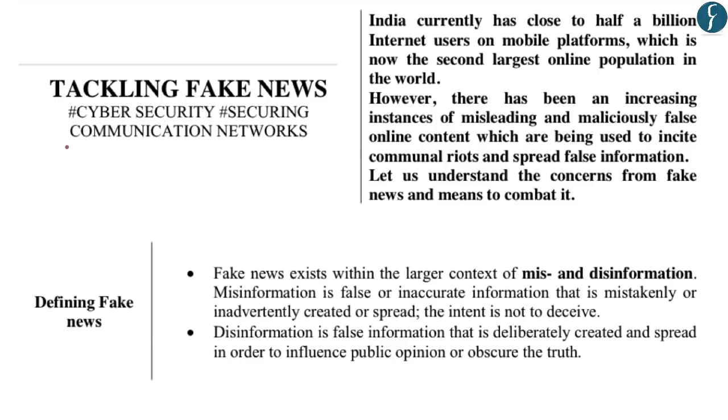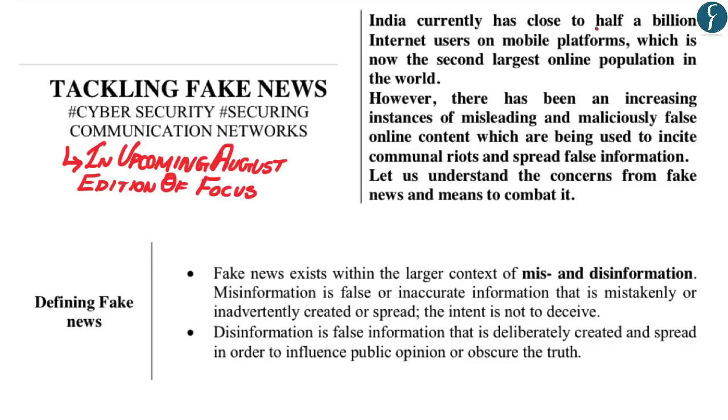Now we have taken this article on tackling fake news from the upcoming August edition of the Focus magazine. India currently has close to 500 million internet users, which makes India the second largest online population in the world after China. Now what has happened? There has been increasing instances of misleading and false online content. And this false online content is being used to incite communal riots, spread false information, and create animosity among various